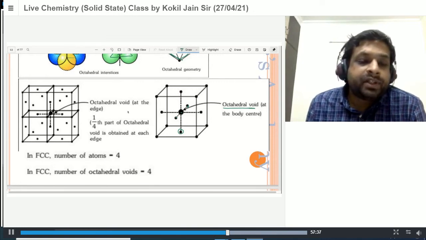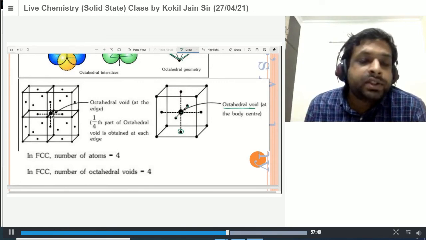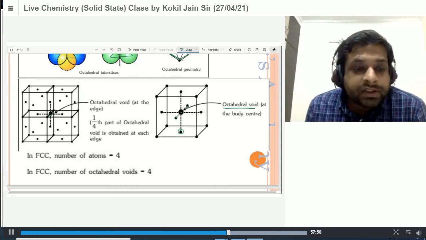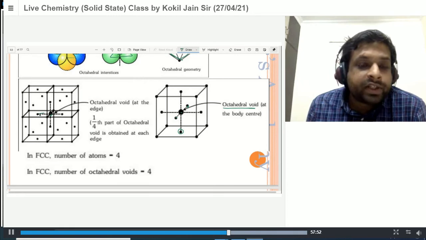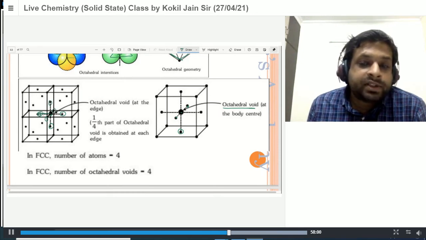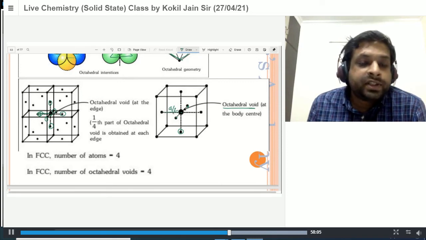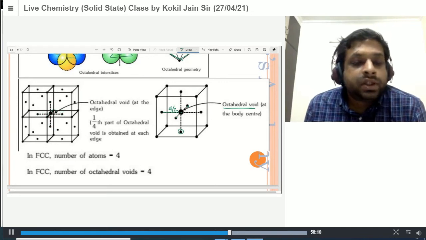Now, similarly, such a type of arrangement can be seen across the edge center also. Across the edge center, you can find 6 solid spheres at the same distance of a/2. They were here at the same distance a/2, and these are also here at the same distance a/2. See here, this is also an octahedral void.